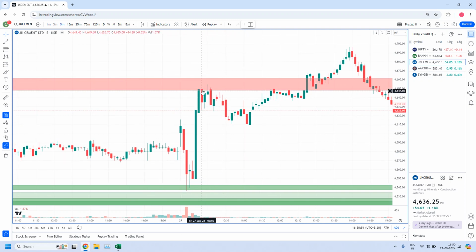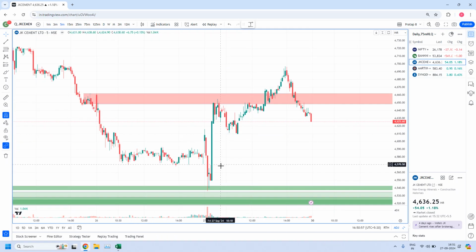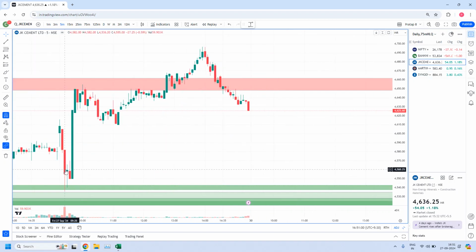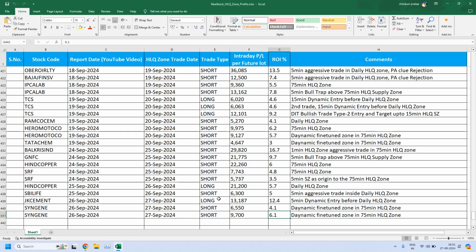Until the next 15 minutes target zone. After some time again it is also violated. But anyway, when we got the trade at the 9:25 candle, and when it reached the target at the 9:45 candle, how much time did it take? Just 20 minutes. In 20 minutes, JKCEMENT has given